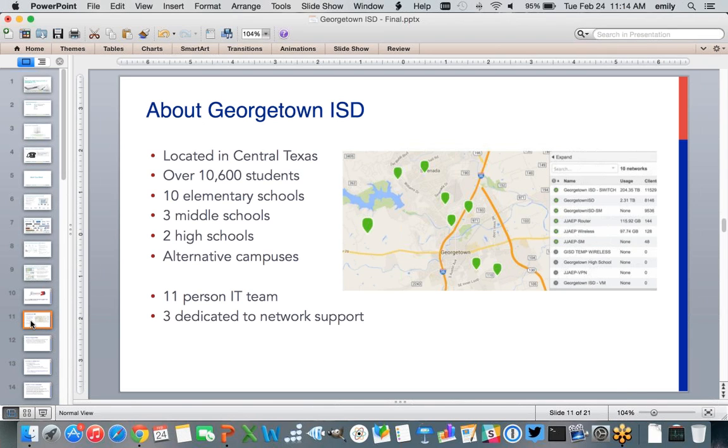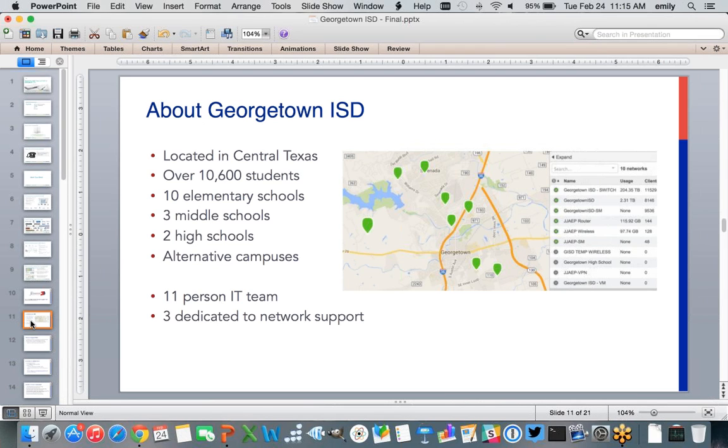Certainly. We are a medium-sized district. We're about 25 miles north of Austin. So we've got some neighbors that are much larger than us, but we're definitely a growing district. Lots of technology in Austin, so a lot of our parents work for various technology companies, so they have a high expectation of what technology their students should be using, what that technology should be, and about their ability to get access to it.